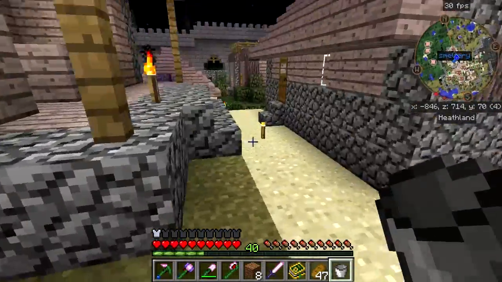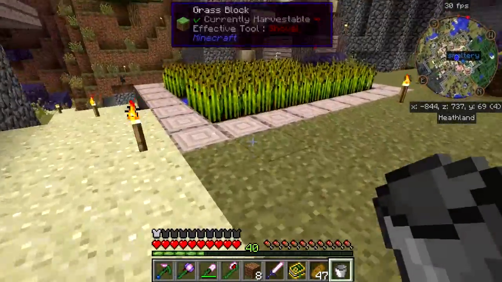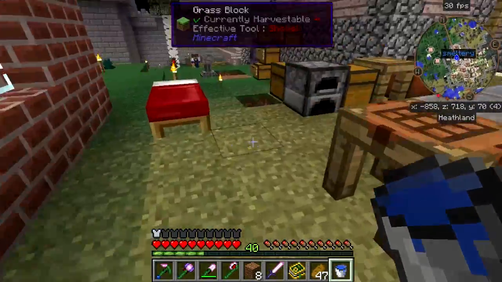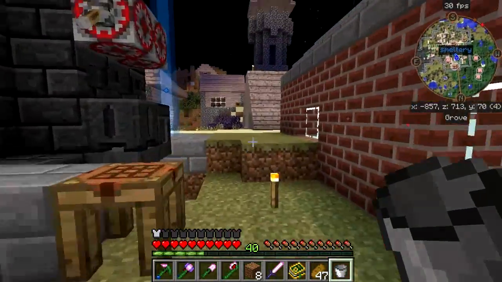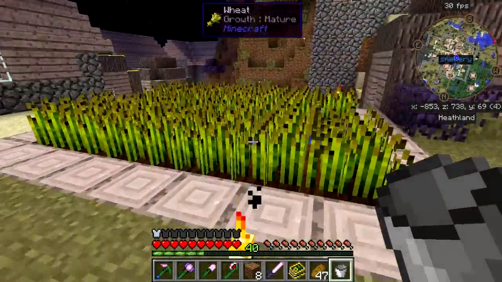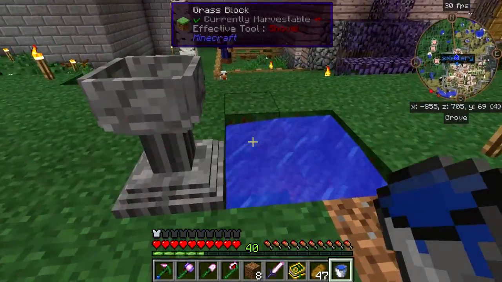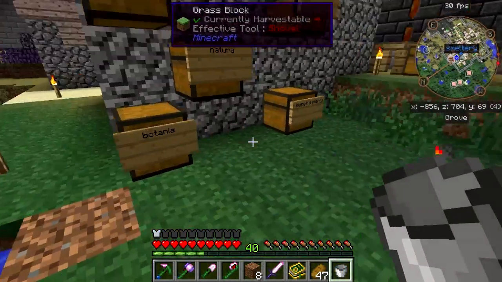There's water around here someplace. Oh, of course there is. There's farms around here. There's one. Alright. Hey guys. Hope you enjoy swimming in the sewage. Okay. Get another bucket of water. And have an infinite supply over here. Alright, bucket of water in here. Okay,